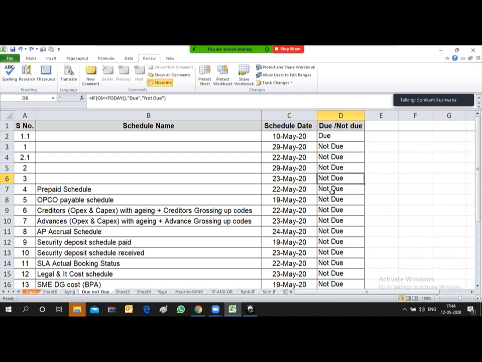Since the entire sheet is now unprotected, I am able to edit the entire cells. So this is how you can protect the cells with the help of formula. You can protect all your formula cells or whatever you want with this command. So hope friends this is clear.